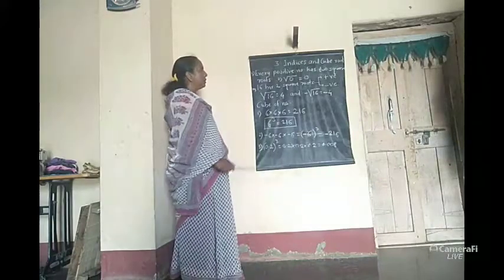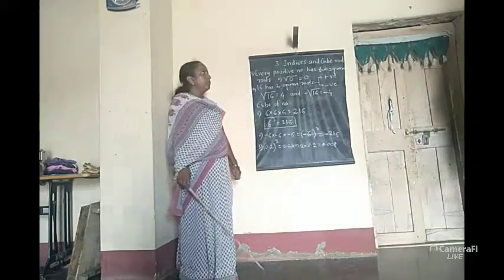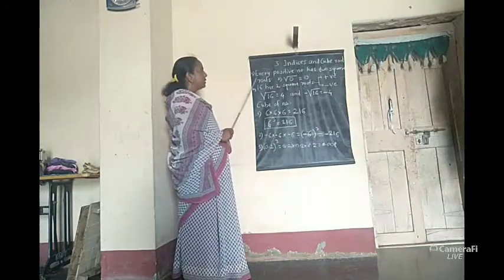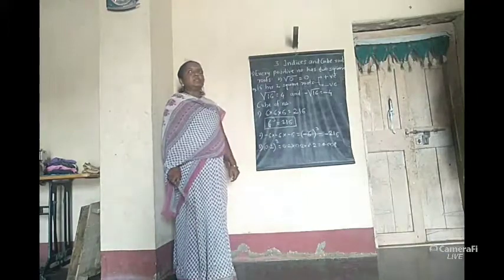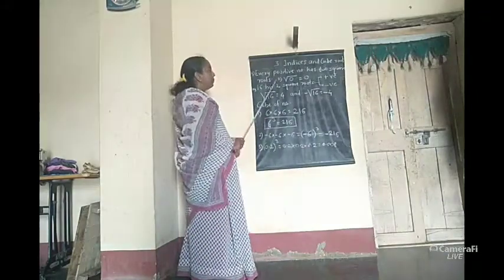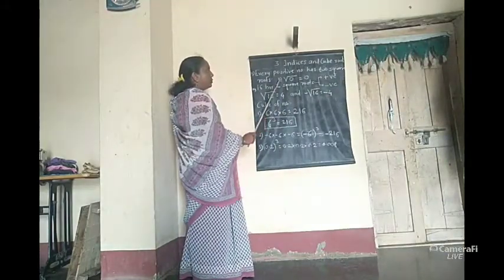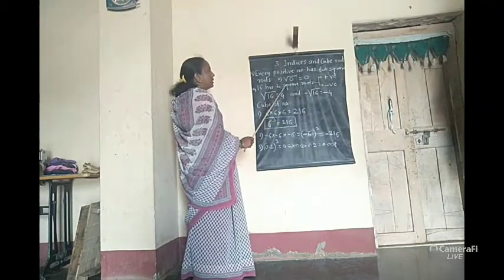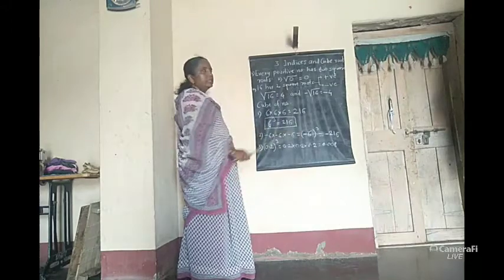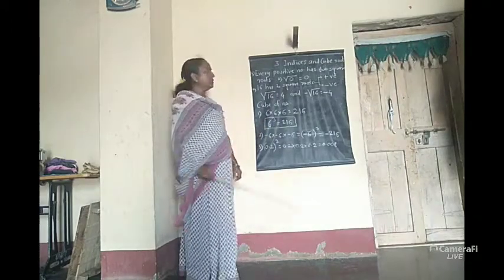In the last lecture, we completed our practice set 3.2. Today, we see our next points. Here are given some rules. Every positive number has two square roots, that is the positive square root and negative square root. The next rule is the square root of 0 is 0. The value of square root of 0 is 0.